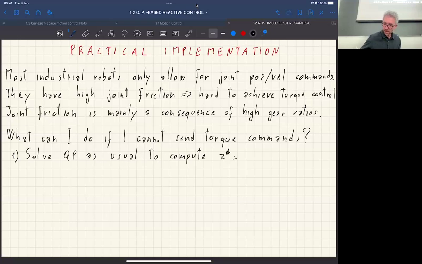So that Z, if you remember, was the name of the optimization variables in my QP problem. And Z contains Q double dot star and tau star. Now, if your robot is torque controlled, you simply take tau star and you send it to the robot as your command. If it's not, then what you do is that you integrate